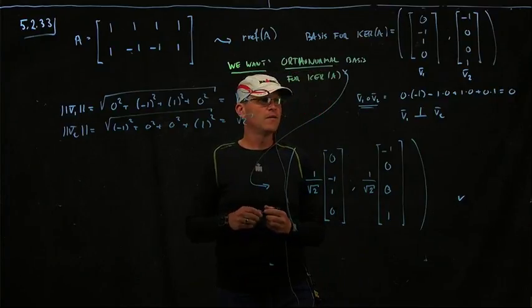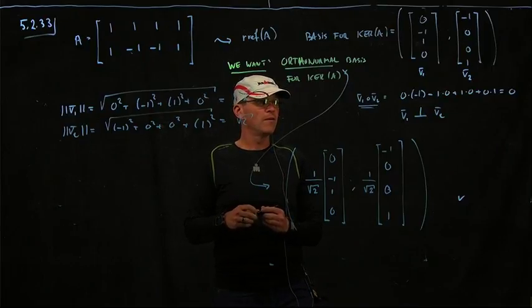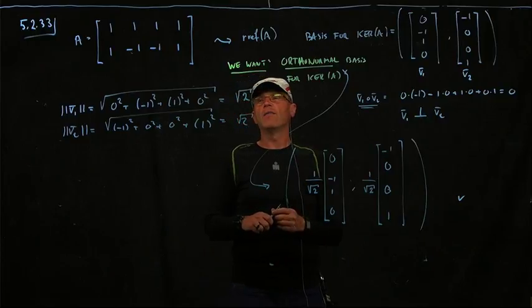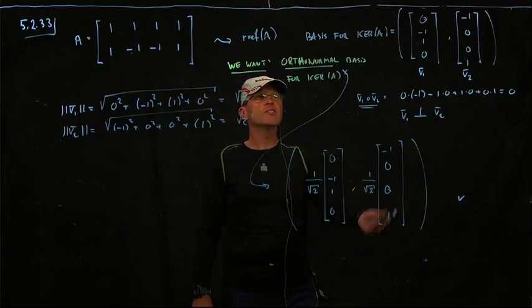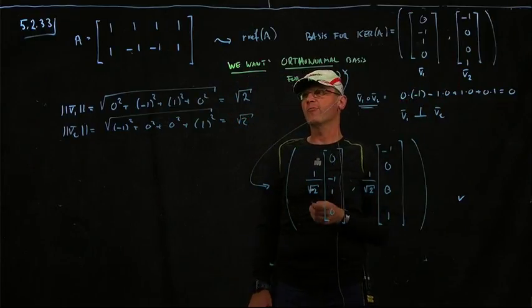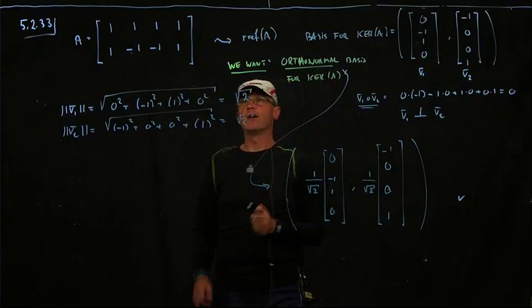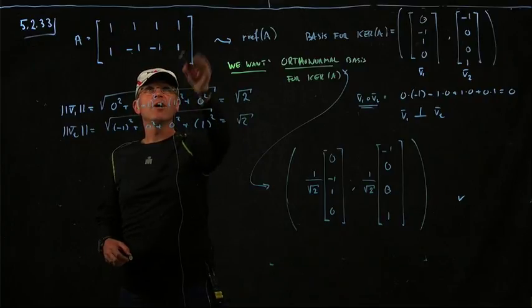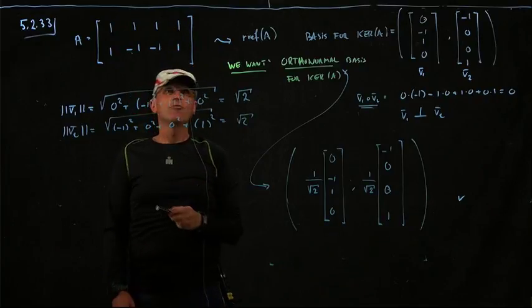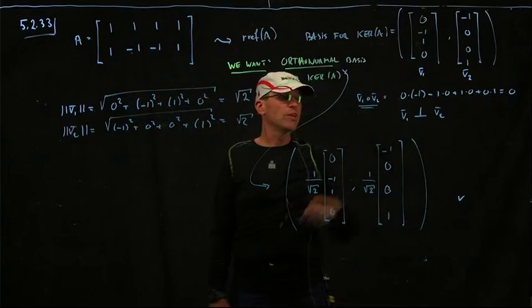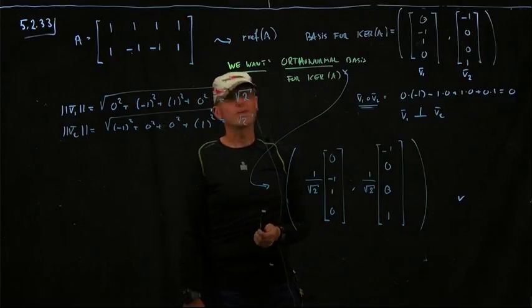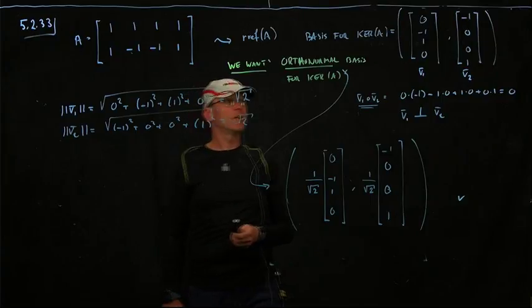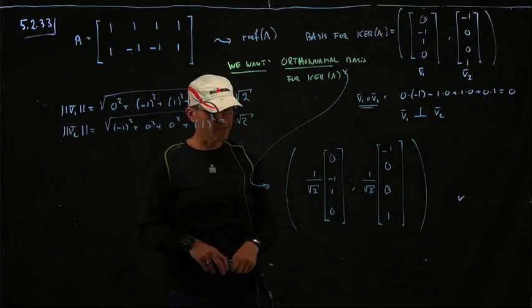So is it possible for the two vectors to have different lengths? Is it just that it happened to be square root of 2 for both of them on this one? Yeah, so the vectors can in general have different lengths when things pop out. If we modify this block out here, we can basically get these vectors to be anything we want. So it was just luck that they happened to be the same length this time.